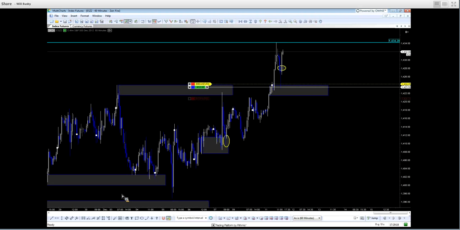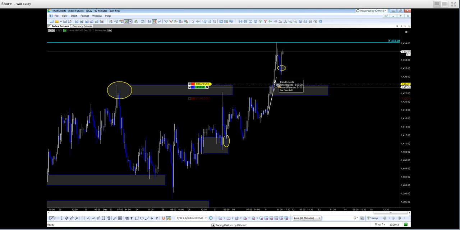Okay, look at this level right here. I'm not interested in this level whatsoever, not even a little bit. So when we came back up to it, I cared less. The reason is because it's already been there before. We've already made money out of the level, and once you violate through the level,